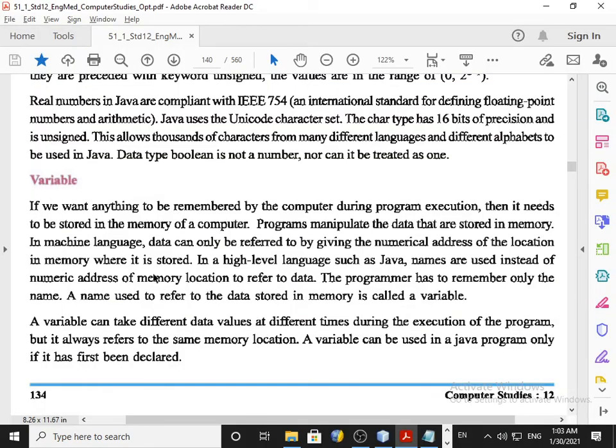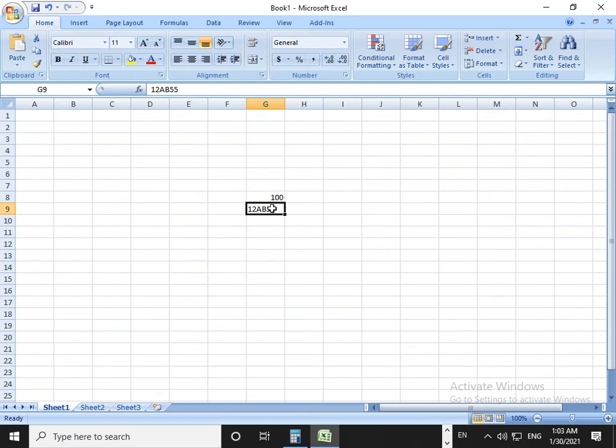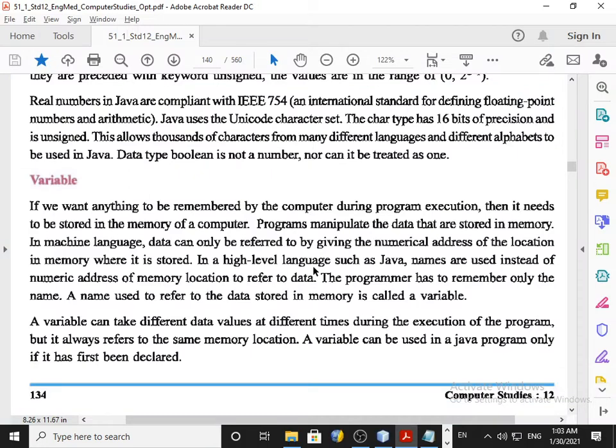But now when you say variable, this address is not required, only the name of the variable is required. Now if I say show me the value of x, then it shows 100. So that memory which is used to store has a name, called variable. It can hold different values at different times, but remembers the last value.